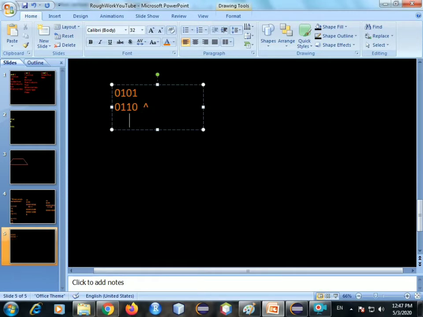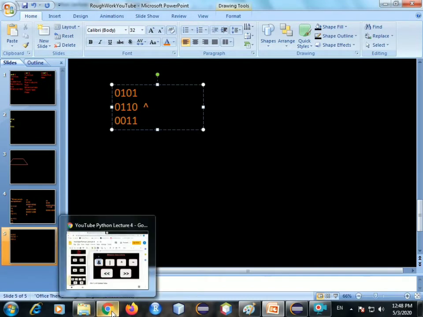Okay, now what we had learned, 1 and 0 with XOR gives us 1, that is true. Now 0 and 1 again gives us 1. 1 and 1 both are the same, so it's not acceptable, give 0. 0 and 0 both are the same, not acceptable, give 0. Okay, see, we got the number 3 here. 11 stands for 3. So we understood all this. Now AND, OR and XOR understood, checked, all done.